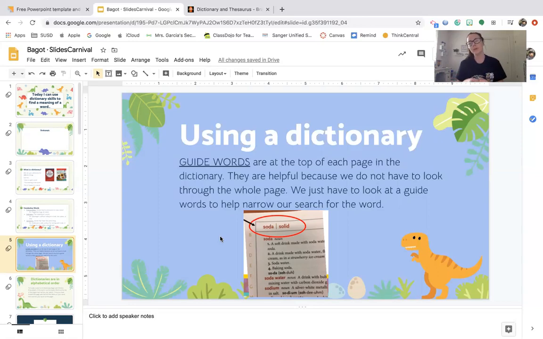So it's really important to use those guide words up at the top to help you identify your word. So for example, in the picture I have up here on the slide, it says soda and solid. So that means on that page, there's the word soda and many words in between those words, and the last word would be solid. Okay, so for example, if I wanted to look up the word sodium,